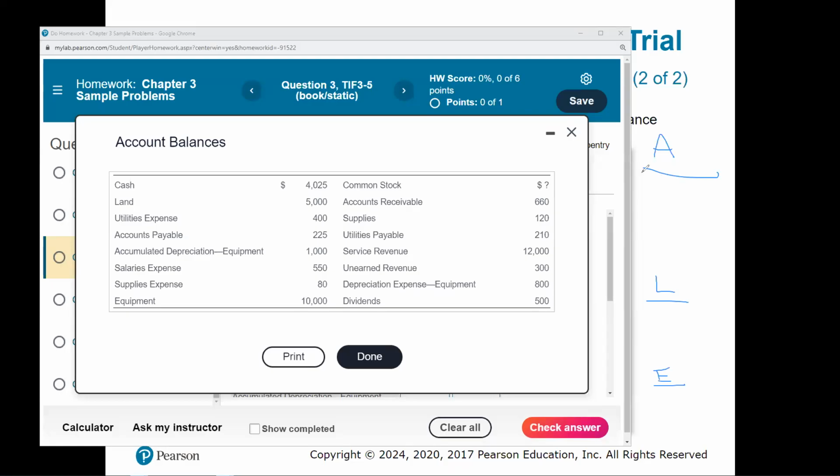And then we want to make sure that we list these just like we would on the financial statement. So we want to start out with current assets. Then we would do the long-term assets up here. And then down here, we would start with current liabilities, followed by long-term liabilities. Then we're going to start out with common stock is usually the first thing, and then any other